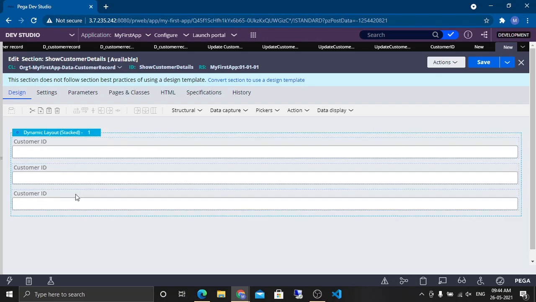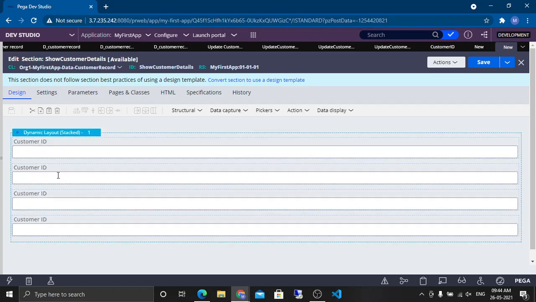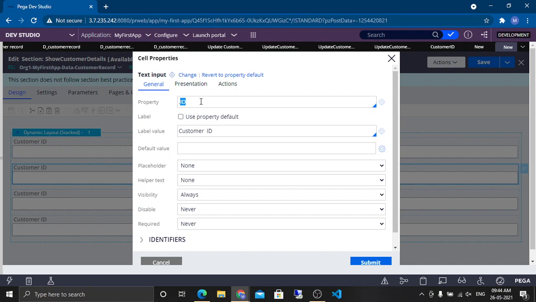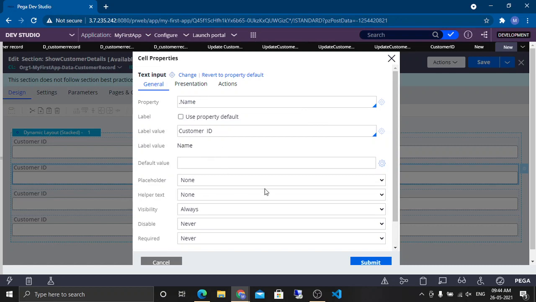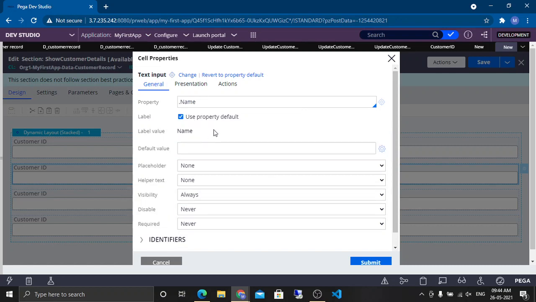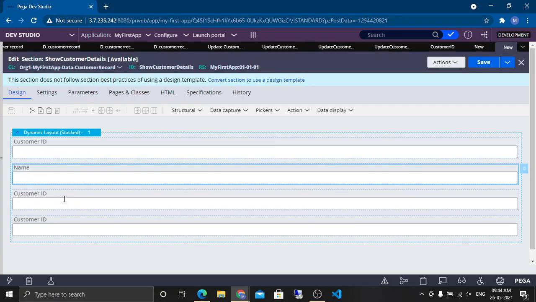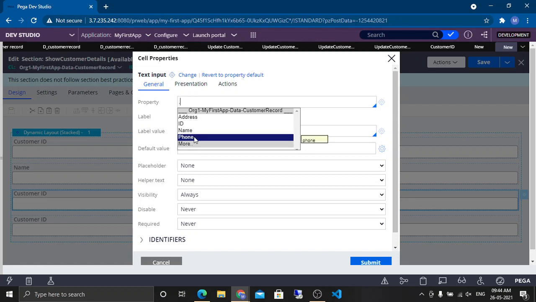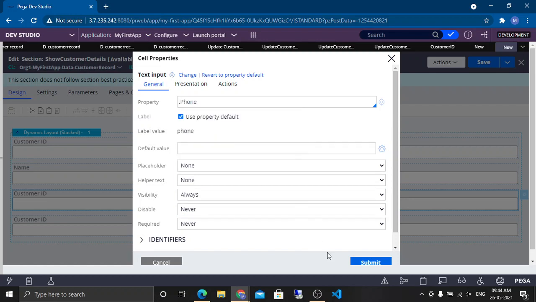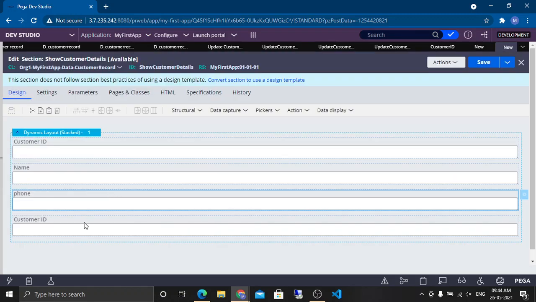Let's show everything. Okay, and suppose after that, I want to show maybe name, although name will already be captured there. Name, fine. After that, I want to show maybe phone, and after that address maybe.